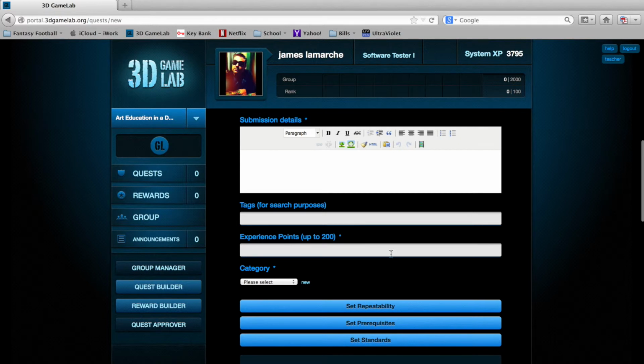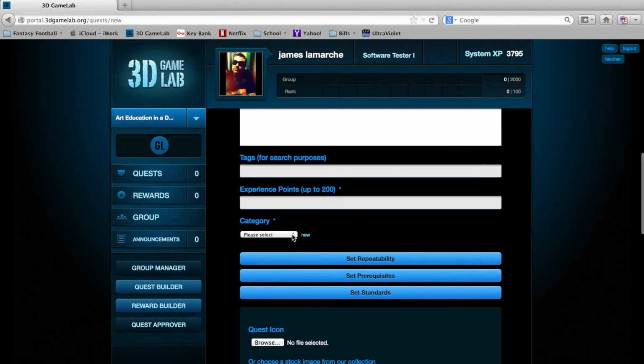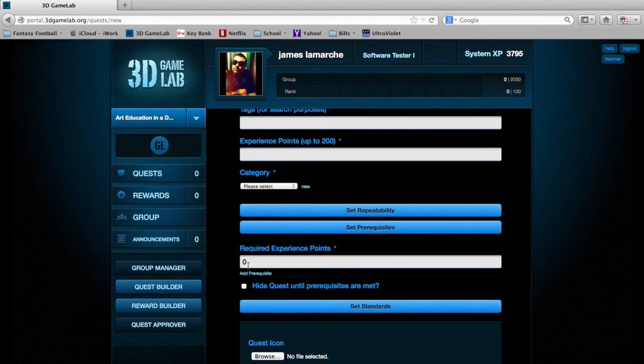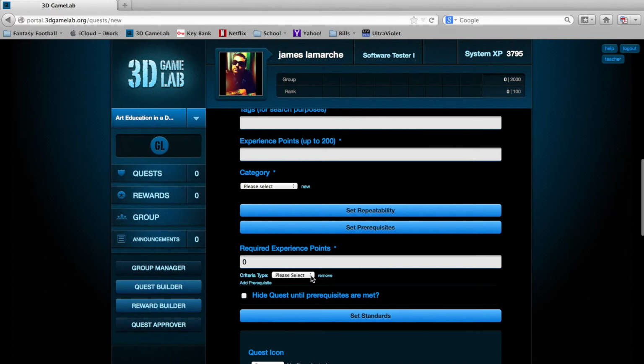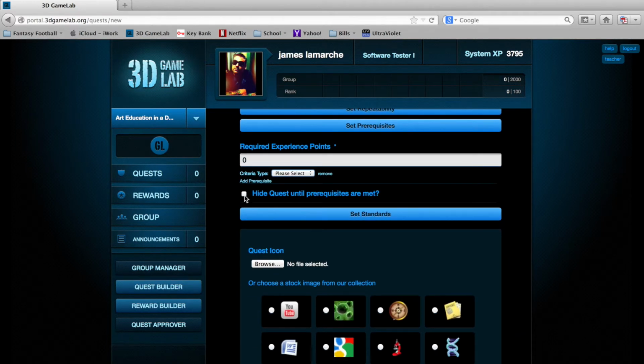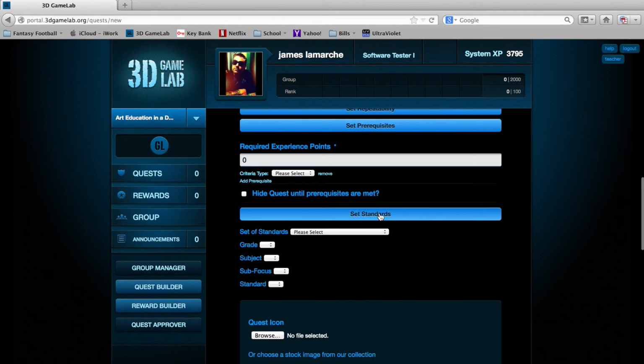Down here, you set the experience points. You'll set the category that you want yours under, such as education or education gaming. You'll be able to set the repeatability, the prerequisites, if there's a certain point total, or a quest that is required to be done before this quest can be started. You'll also be able to hide it or show it so students can see it. Set your standards based on your area,